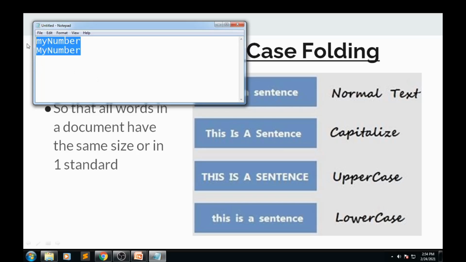For this sample, both of the variables in coding will be considered different, even though they have the same meaning. The variable m with lowercase and the variable M with uppercase are different to a computer or machine.